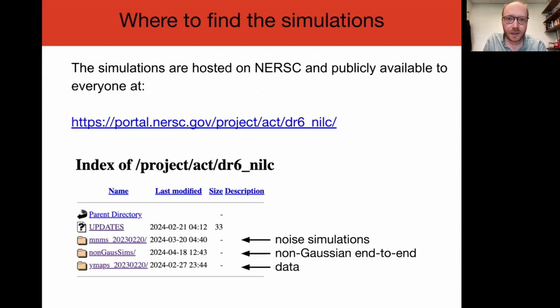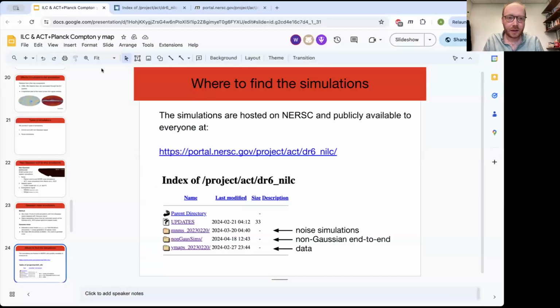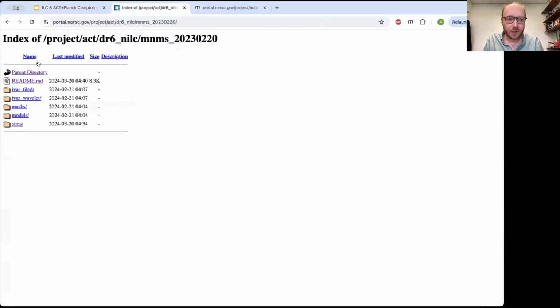So then finally, where to find the simulations? So we've hosted them on the NERSC cluster, and they're publicly available to everyone, and you can find them at this URL. So if you would click on this URL, you see these 3 folders with the noise simulations I just talked about, these non-Gaussian end-to-end simulations, and then there's also a copy of the data itself. If I quickly demonstrate that, so here's this folder,